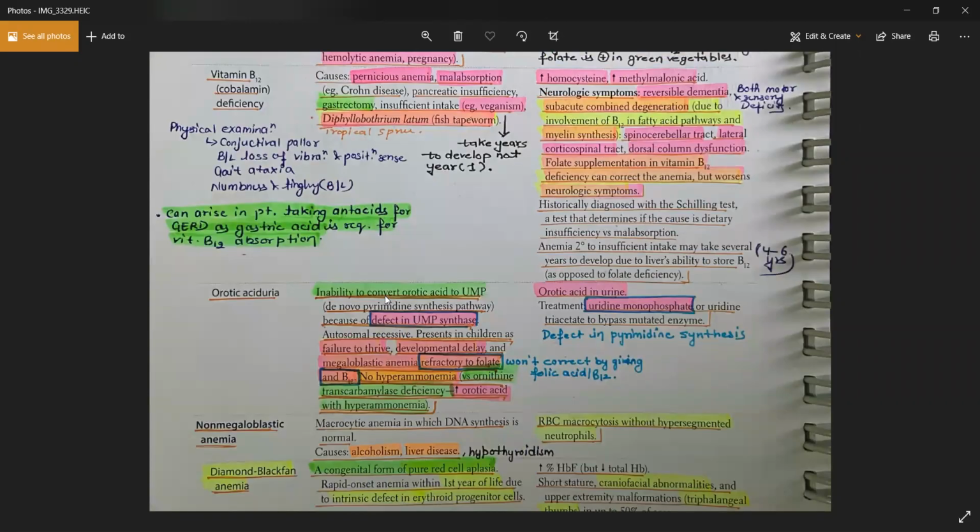So whenever you give the supplements, your bone marrow will suddenly become activated, and all of the immature cells, the nucleated cells or the reticulocytes, will be released in the blood at a very early stage. So what you will see is a big spike of the reticulocytes as soon as you give the patient these supplements. Then the spike will fall and the level of the RBCs will rise very slowly. So if I annotate it,